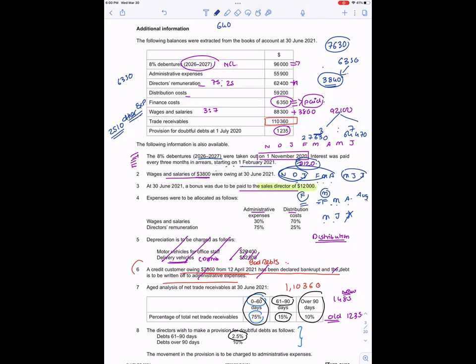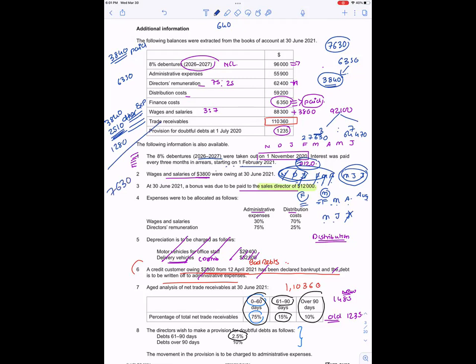How much was it? 2840, right? 3840, 3840 I have paid. 2510 is finance cost for some other thing. November, December, Jan, Feb, March, April. So I still have to pay for 3 months. No, for 2 months: April, May, June. So for 2 months it is 640 into 2, so 1280. So if I add 3840 plus 2510 plus 1280, 7630. Yes.